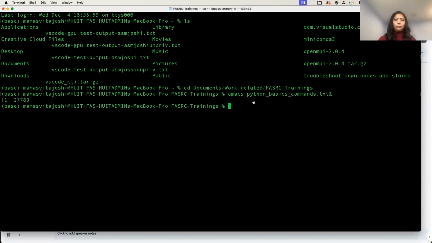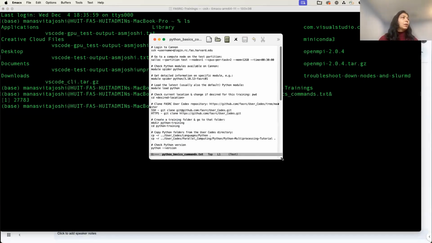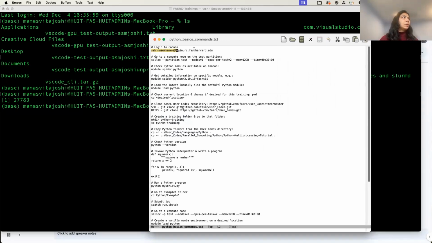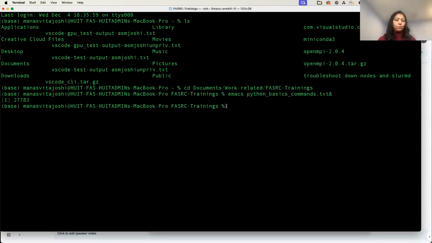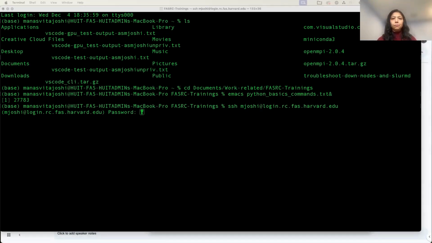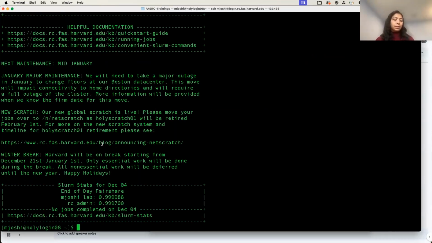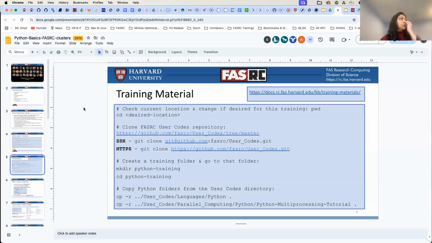All right. So let me open my commands file. And so this is what I would do. I will essentially just copy paste these commands into the terminal here. And you can replace the username with your FASRC username. So in my case, it's Joshi. I'm going to log in. All right. So now that we are logged in, what we will do is, if you go through the presentation,